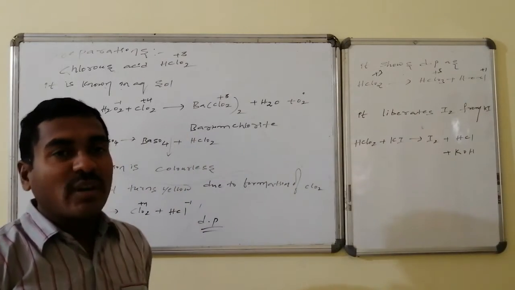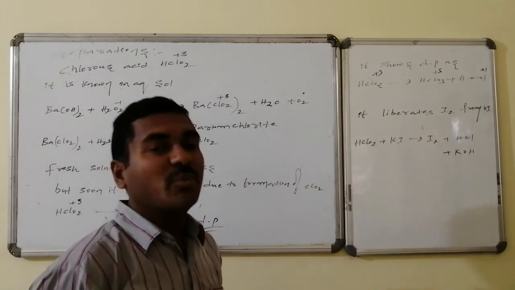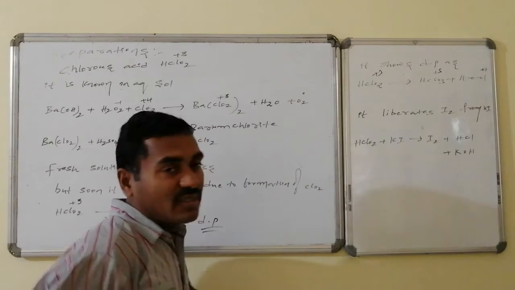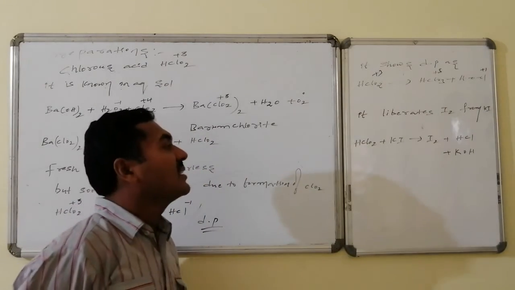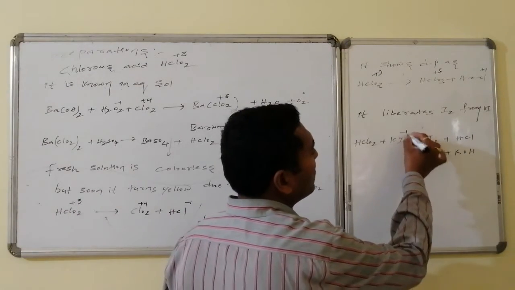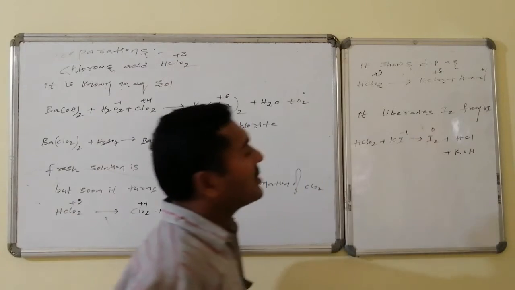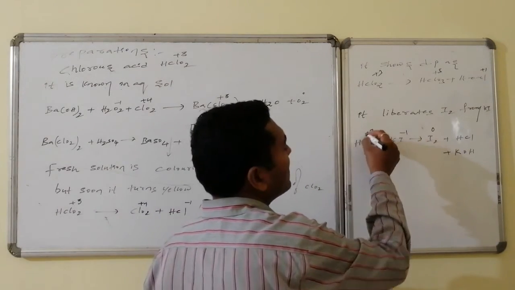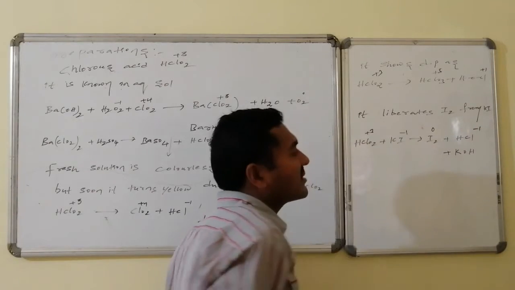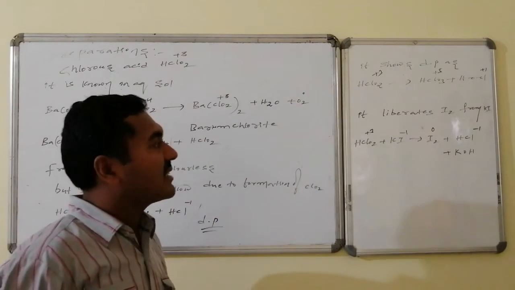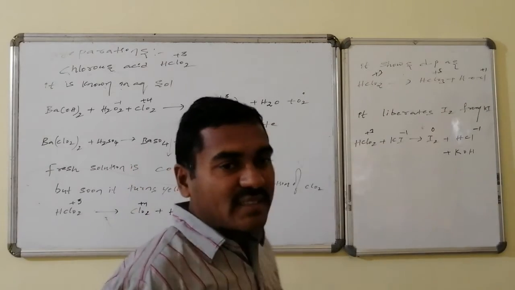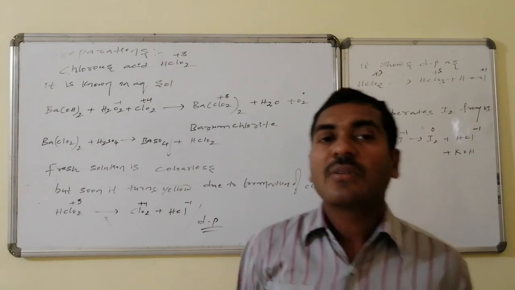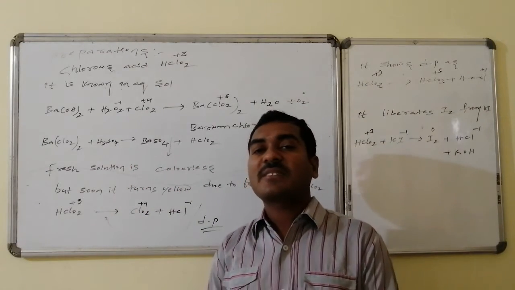It is acting as a good oxidizing agent because it is having a huge amount of oxygen. On reaction with iodide, that is I minus undergoes oxidation, that is -1 oxidation state is converted to 0. As a counter reaction, this +3 oxidation state of chlorous acid is converted to -1 oxidation state, that is reduction occurs. Thus, these are the properties and the preparation methods of chlorous acid,